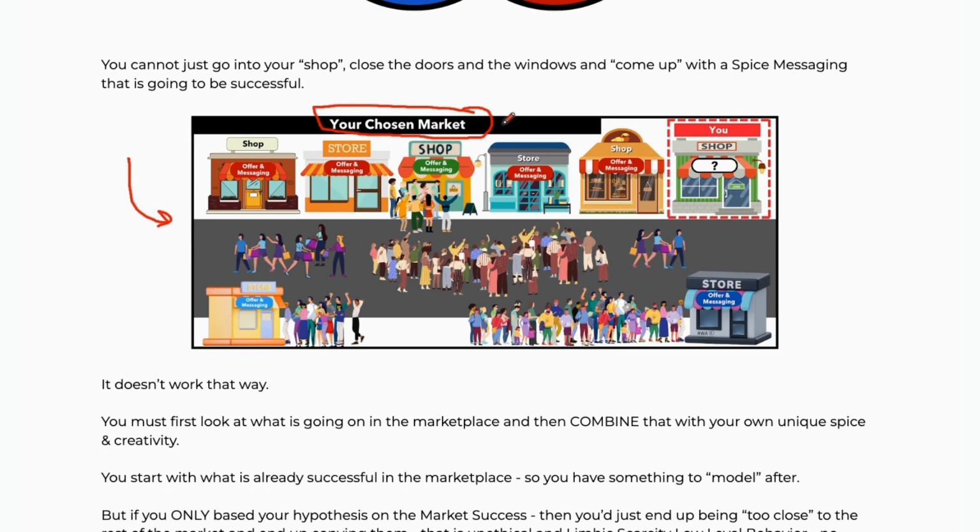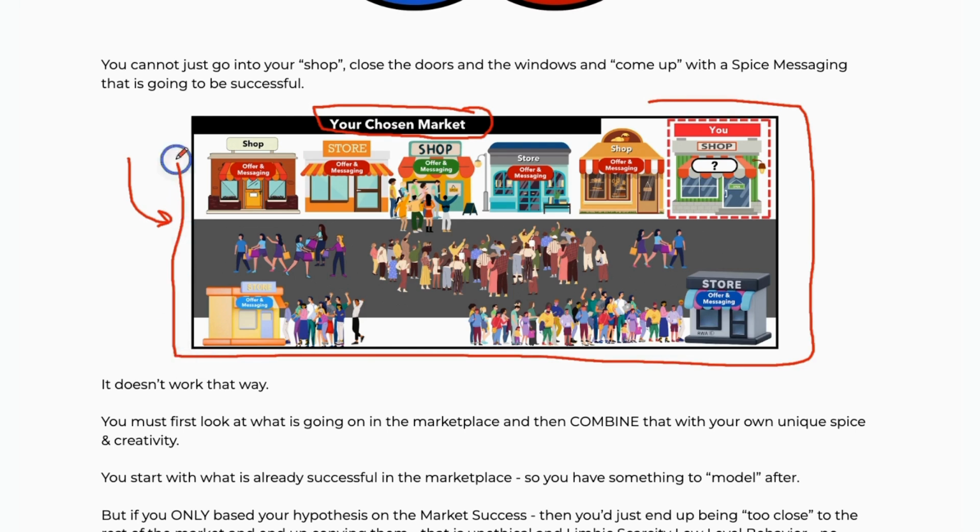because the market as a whole is everybody, 7 billion people. But when we say chosen market, we mean that specific niche, that specific group of people, that specific dream customer market. Whether that's independent mothers, people who want to make an income online, Christian men, fathers, or Muslim women, whatever it might be, this represents all of those individuals in your chosen market. And the mental model you want to approach this with